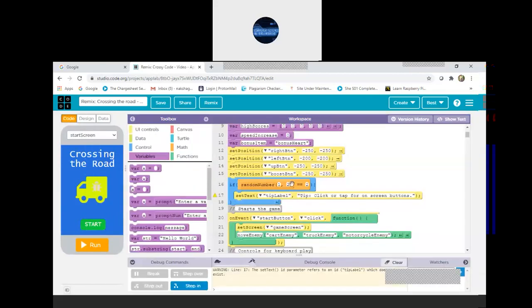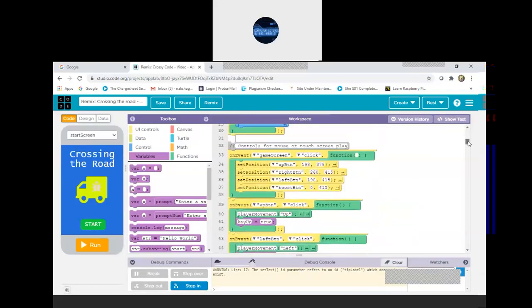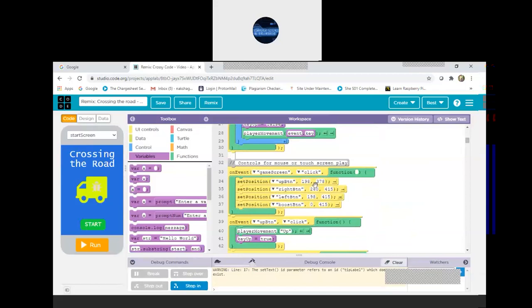Now if is used to show the possibility of what should happen when something happens. Means if you hit the road, if you hit the cart, if you hit the motorcycle, you will get out, like this. On event means what will happen when you click or do something, according to the command given.